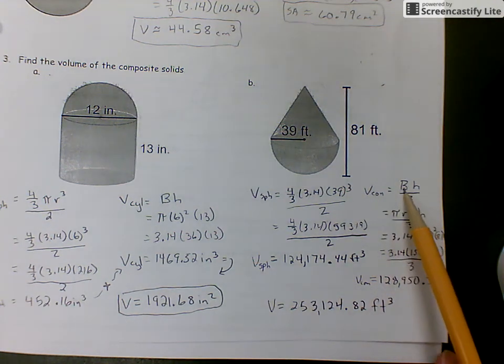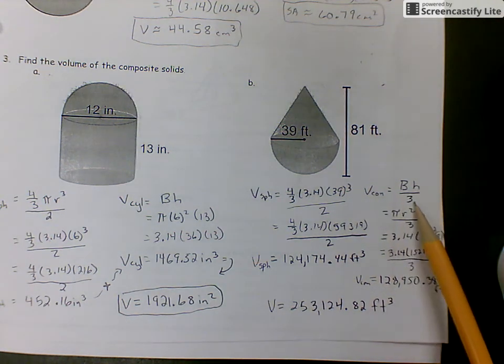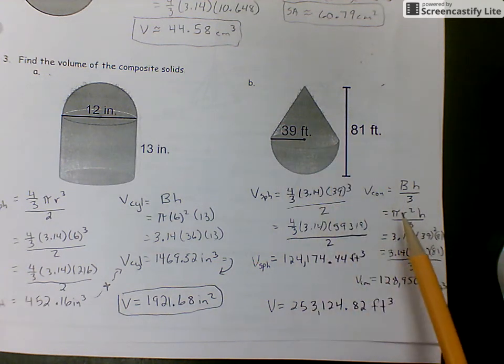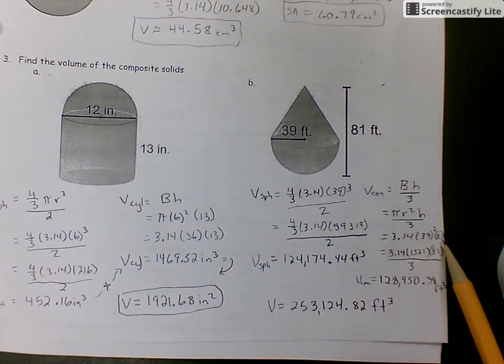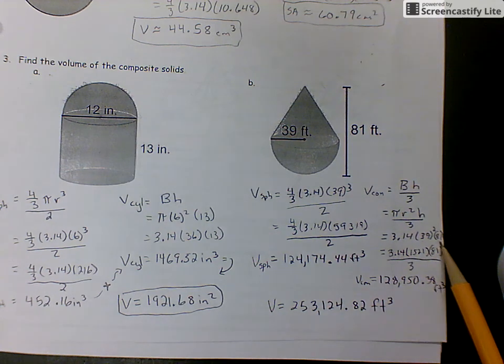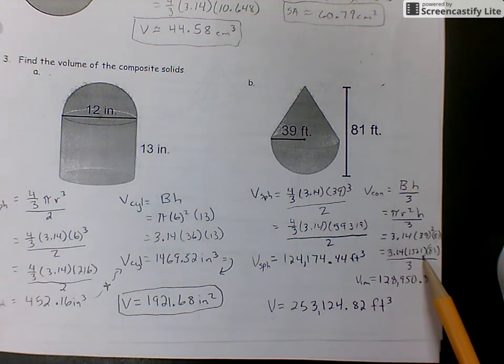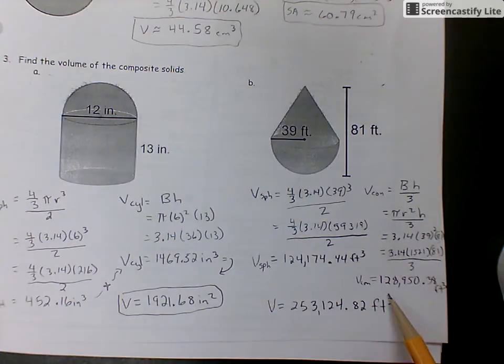Remember, volume of the cone is area of the base times height divided by 3. My base is a circle, so that'll be pi r squared times height divided by 3. 3.14 times 39 squared times 81. Sorry, that's a little hard to see. And then 39 squared is 1,521. Plug all that in your calculator and you get